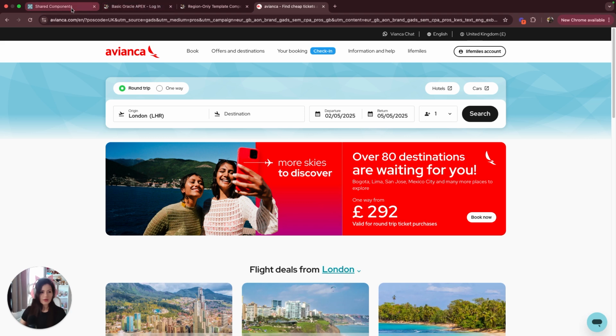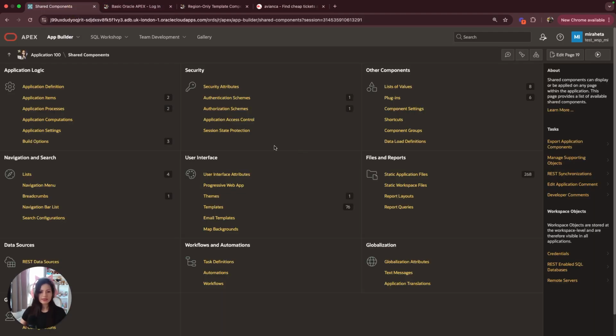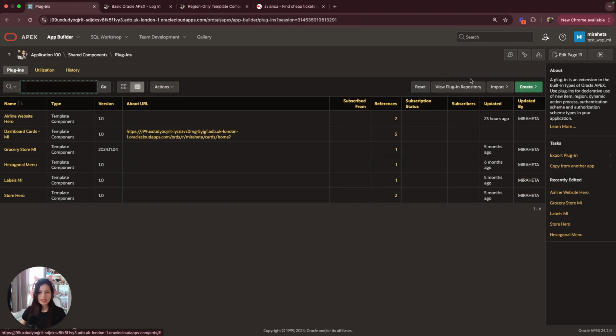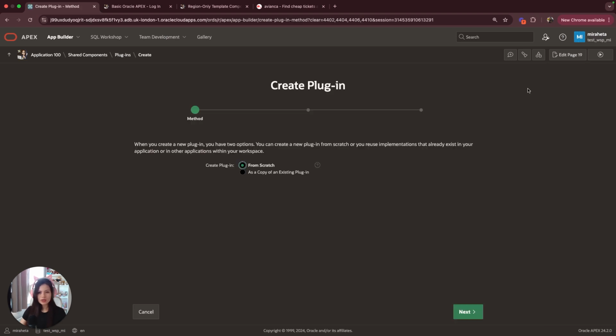Right, so how do we get that plugin set up? First we're gonna go into Share Components and select plugins, and you have the option to import or create your own. In this case we're gonna do create, and we're gonna select from scratch, but you can also do a copy of an existing plugin and then modify it as you need. So we click next,